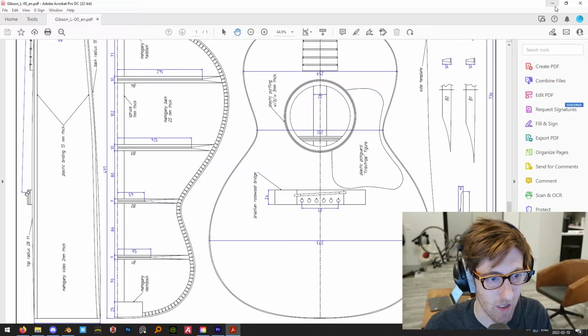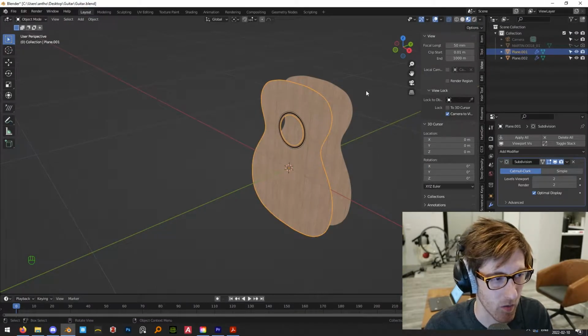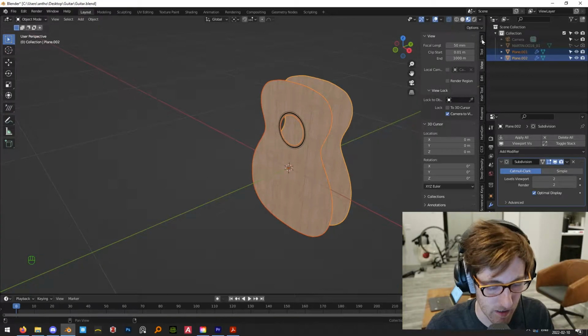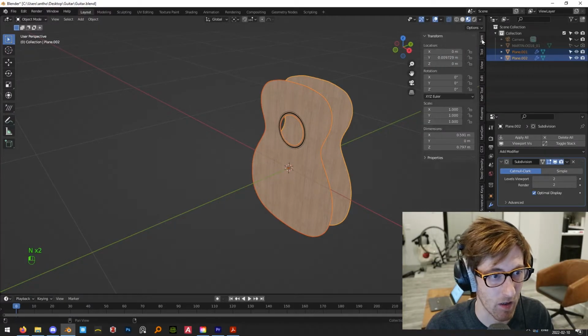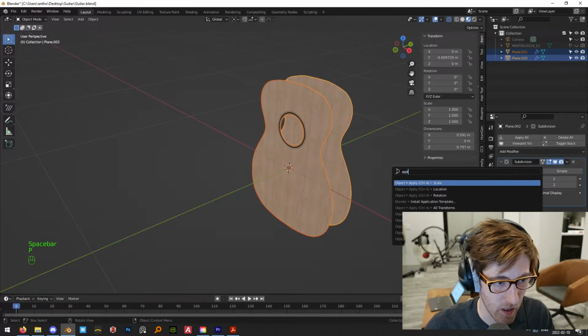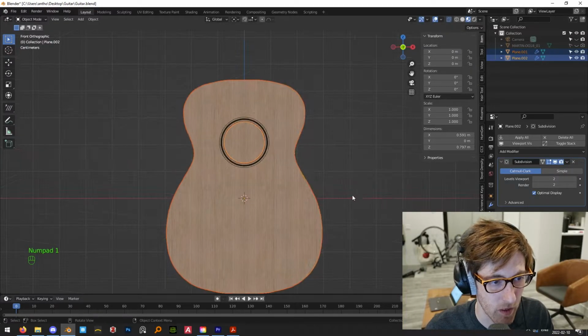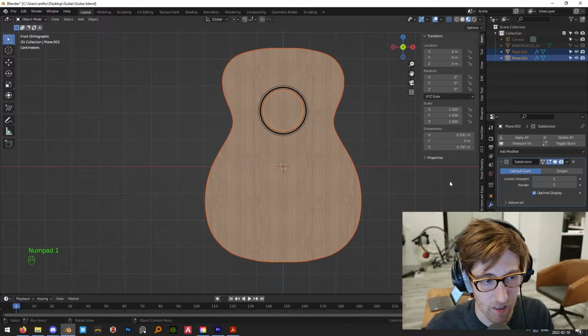So this one looks like it is 491 millimeters, I believe, in length. So what I'm going to do is shift click both of them so that they're both highlighted, and then with N, open this panel here and click on item, and that's going to tell us the dimensions. And actually, I'm going to make sure I apply all transforms first, just so that the axes are correct and rotation and scale are applied. So I'll shift click both of these, and currently it is